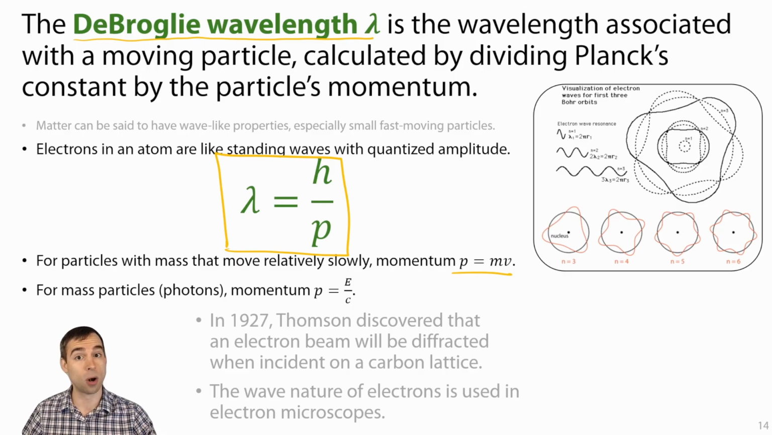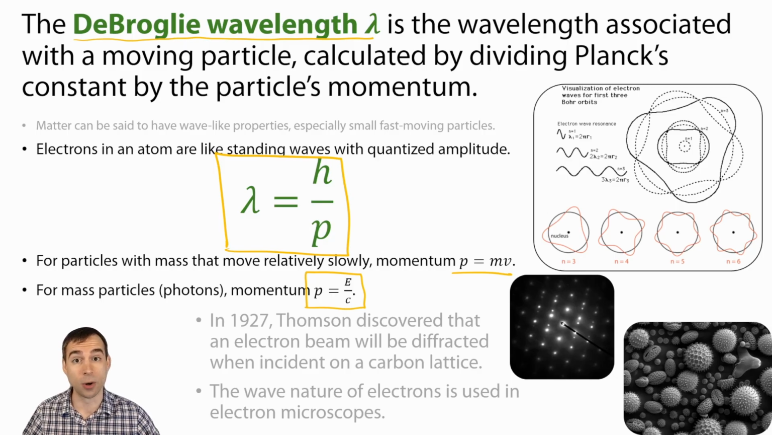And so for the momentum of a photon or a massless particle, we will need to use the momentum being the energy divided by the speed of the object. So depending on the speed and mass of a quantum mechanical particle, it might have a wavelength and it might experience diffraction. In 1927, Thomson noticed that when shining an electron beam, not a photon beam, but an electron beam